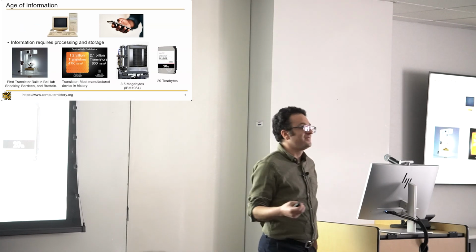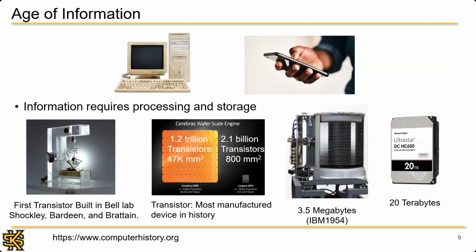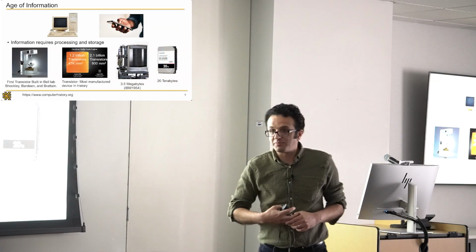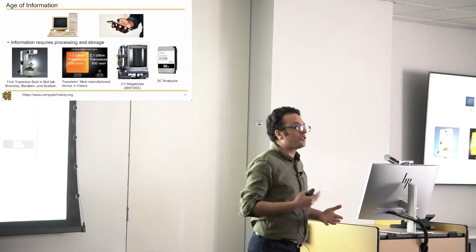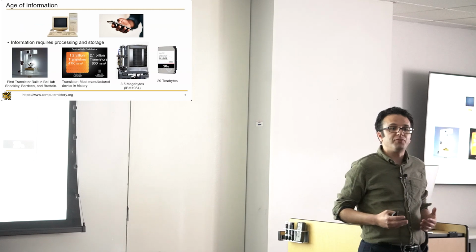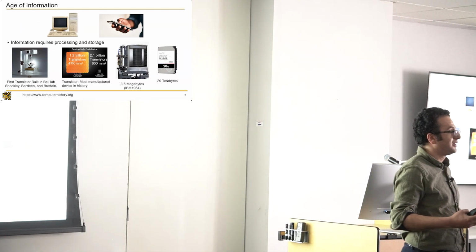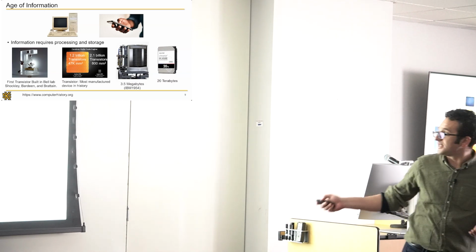But the problem is that we're hitting certain limits. We're getting so small that we're hitting certain quantum limits. My transistors are facing problems, right? Because the smaller you get, the more quantum effects you will have, and the more tunneling of electrons, and so on and so forth. So now we need to find smart ideas to tackle this problem. So we cannot depend on miniaturization forever.